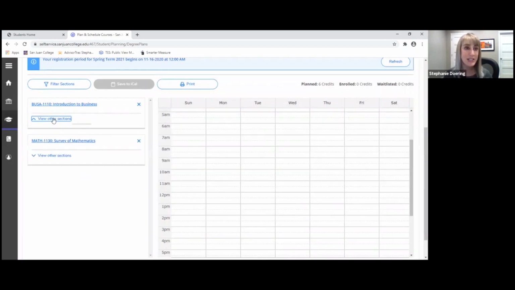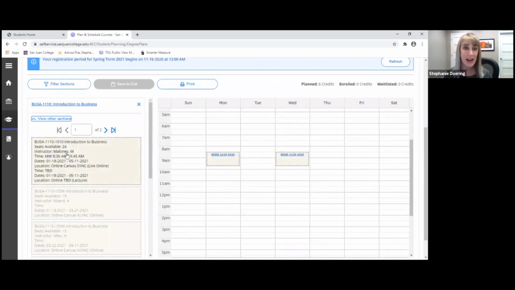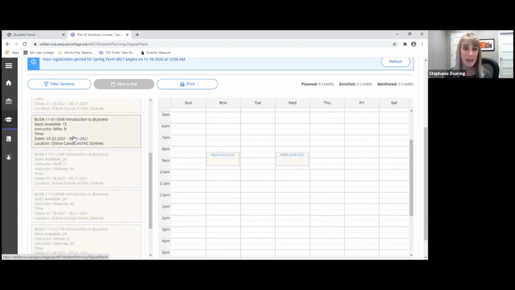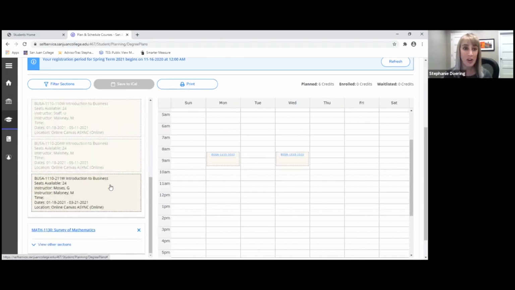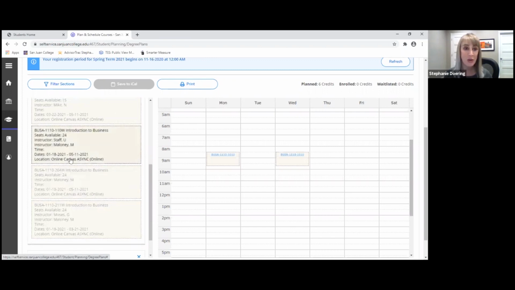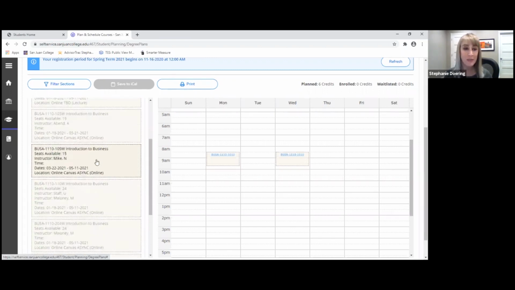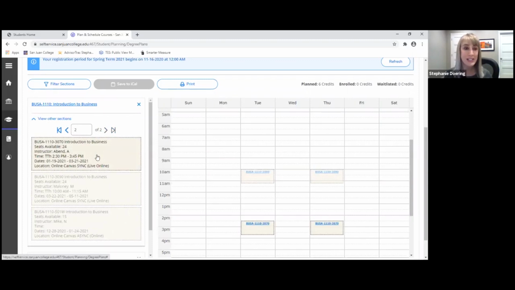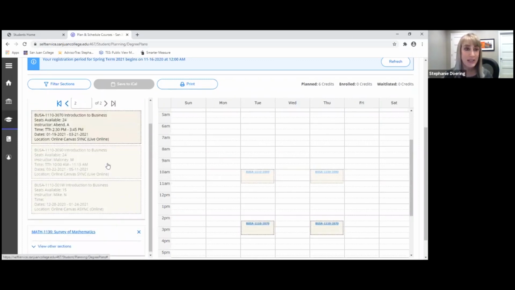If I view sections of Intro to Business, I can find classes. As I look at each one, they can appear over here in my calendar. You'll notice that they're not appearing when they are only online. And this one here is just Monday, Wednesday. So I want to toggle to the next page of sections. Here's a Tuesday, Thursday class. Looks like it's offered a couple of different times on